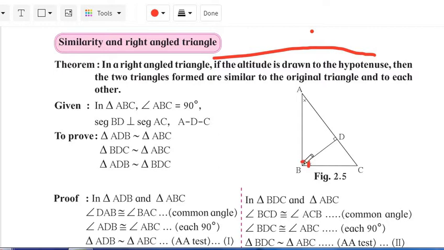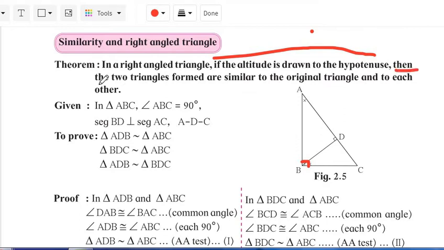Altitude means BD perpendicular to AC, that is your given, and A-D-C. What is meant by A-D-C? That means point A, point D and point C are collinear points. Remember. Then to prove is...